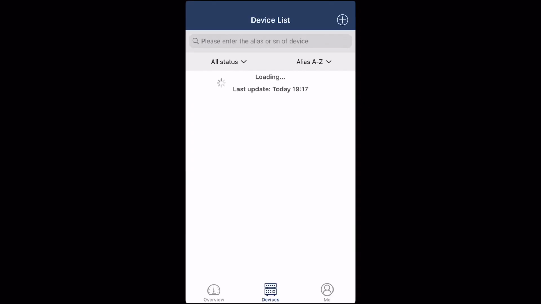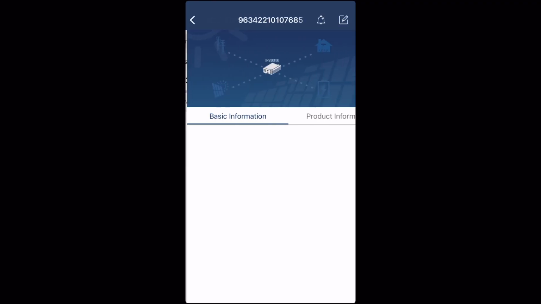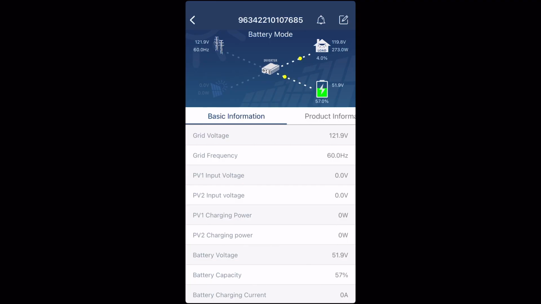So back to the app, if we log in, I'm not going to do this for both of the inverters, I'm just going to do it for the one. You step into the app and then you can see your basic information. We have in the top left hand corner 121.9 volts coming from the grid, 60 hertz. On the right is our load, 4%, and in the bottom right it says we are at 57% battery capacity, which I know already is completely incorrect because they are basing that percentage on the voltage. My batteries are probably closer to 40%